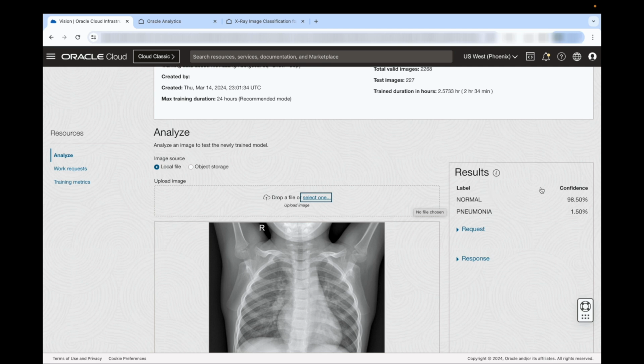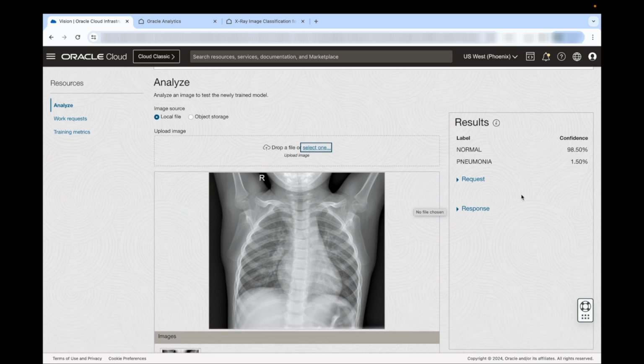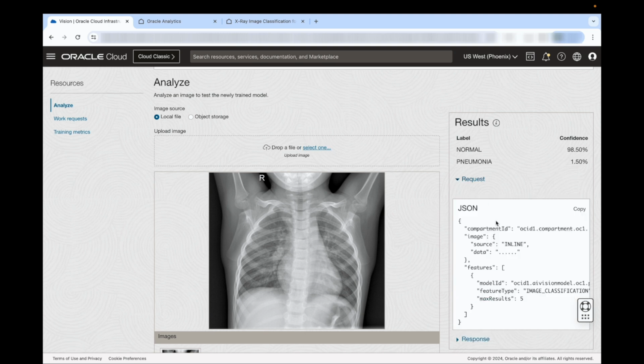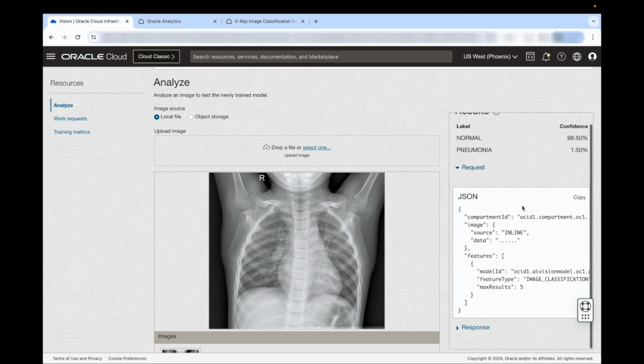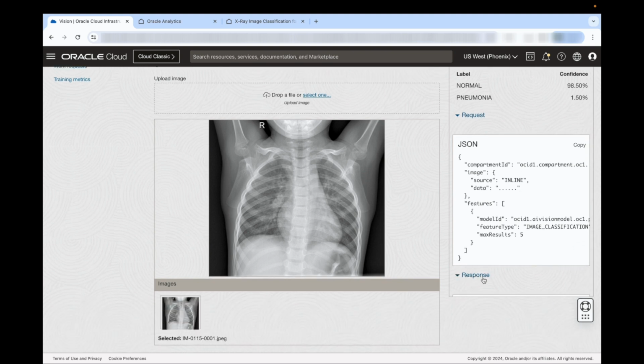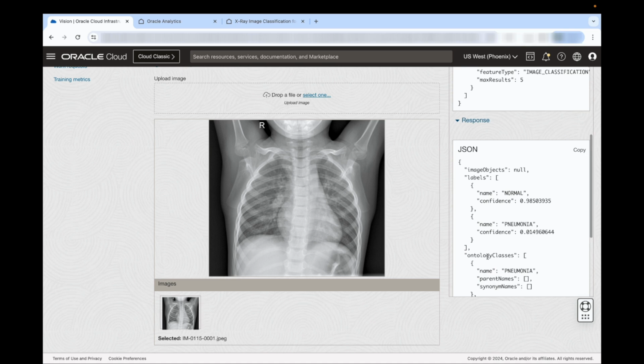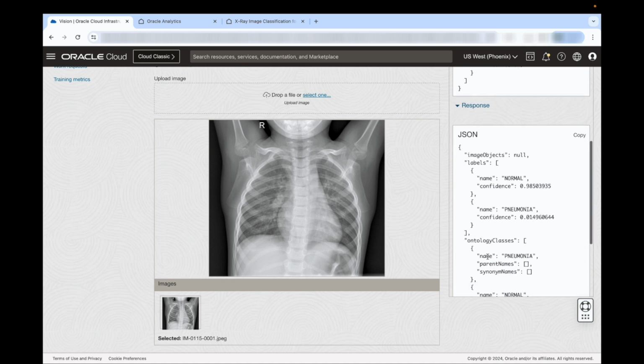Here on the right hand side you can see my prediction result, which is normal at 98.50%. That means the lung is not infected with pneumonia, right? Now I'm expanding the request JSON payload. Basically, it is requesting a prediction to be performed on the selected image, right? Same for the response. I'm expanding the response payload, and here you can see the response for the JSON payload,